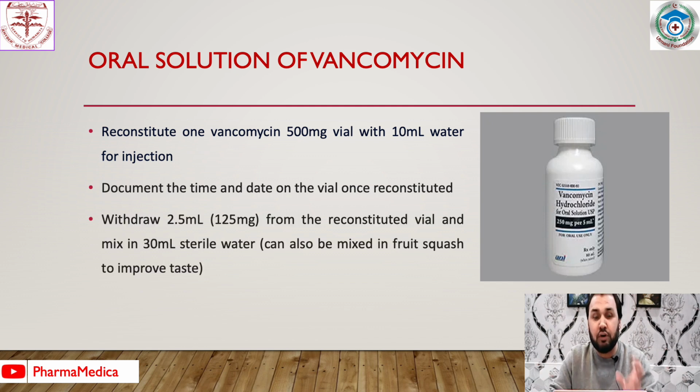So you will withdraw a small amount, that is 2.5 ml, from that 10 ml. You withdraw 2.5 ml, the fourth dose of the reconstitution you have made, and put that 2.5 ml into 30 ml of water. You put it in a cup of water or a cup of juice, and then you administer it to the patient, and usually the pseudomembranous colitis improves